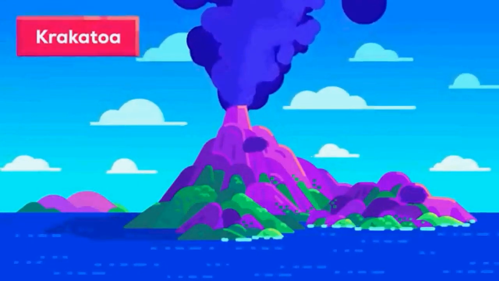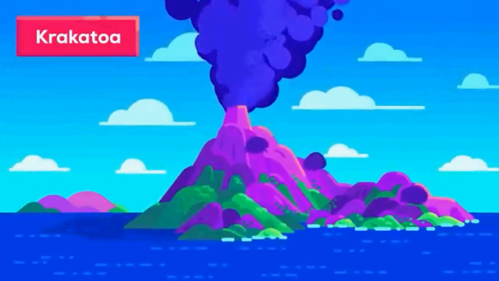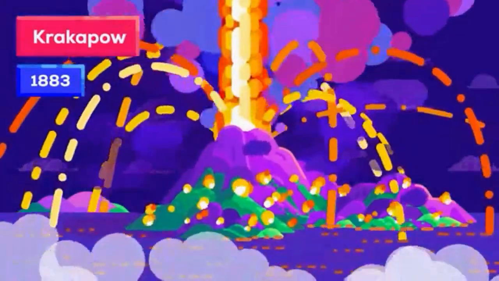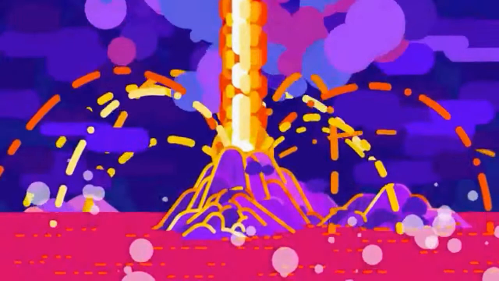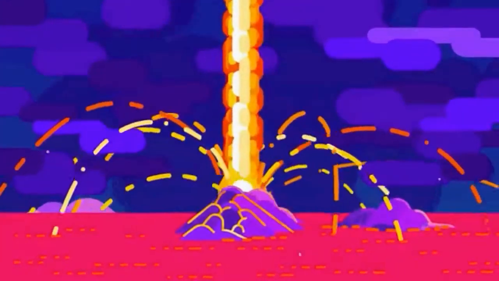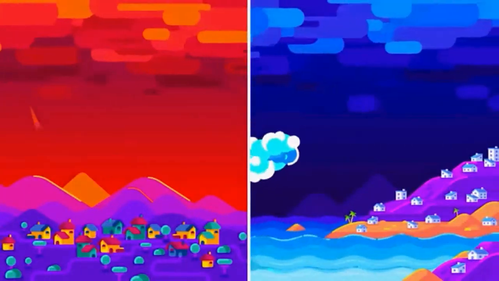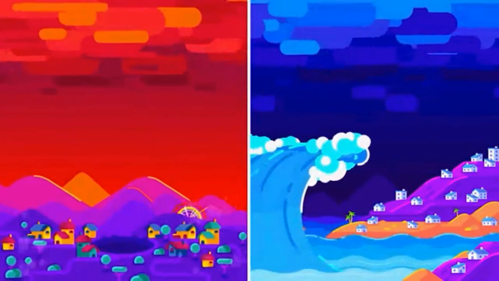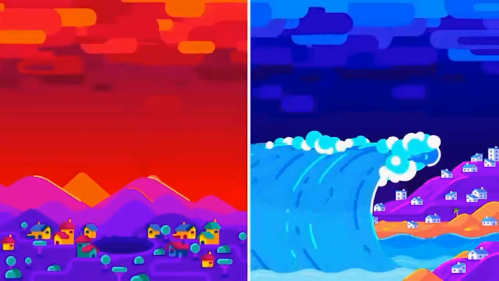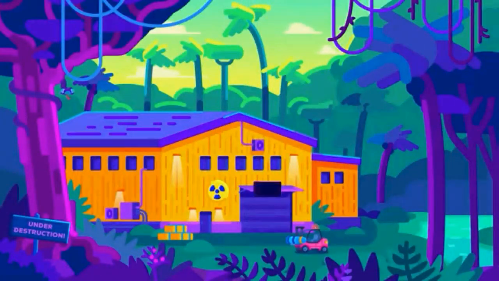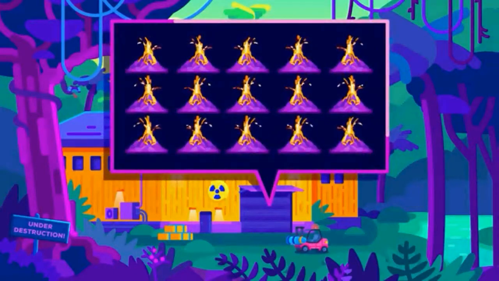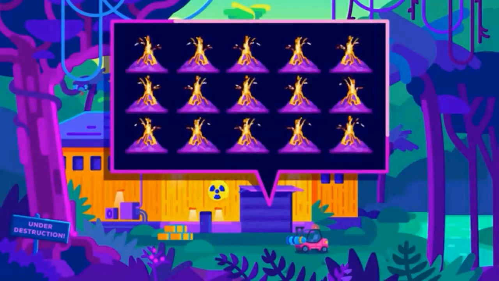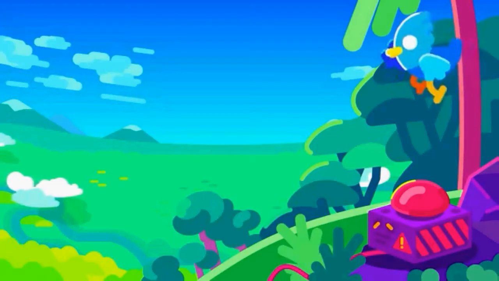One of the deadliest volcanic eruptions in recorded history took place in 1883 on the island of Krakatoa. The eruption was so powerful that 70% of the island and the surrounding archipelago was destroyed, killing tens of thousands of people. Its effects were felt around the world for days after the event. Our nuclear pile contains 15 times the energy of the Krakatoa volcanic eruption. So let's finally push the button.